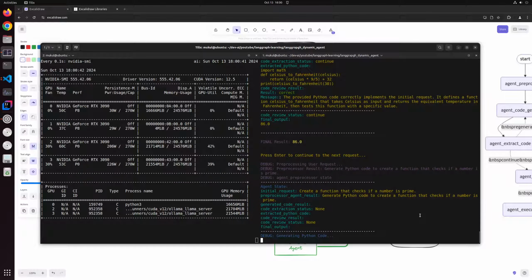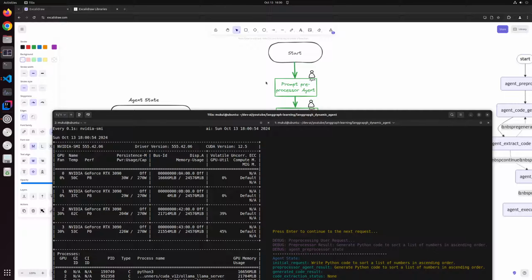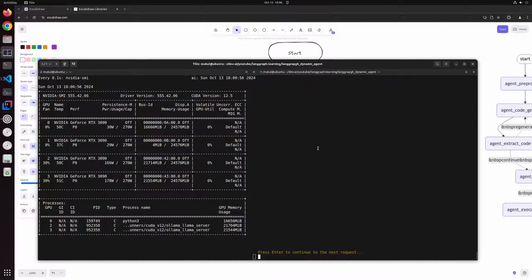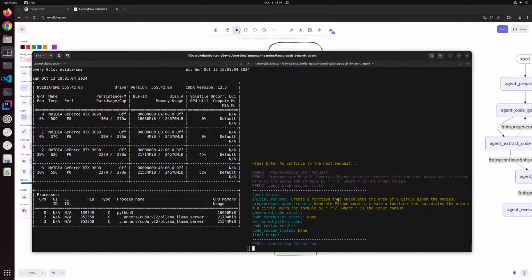and create a function that checks if a number is prime, and our code bombed over here too. So this is actually not the problem with the code. I think we can add another check in a future video to make sure that the prompt preprocessor agent actually returns the request back. Okay, so let's go to the next request, and it is generate a function that calculates